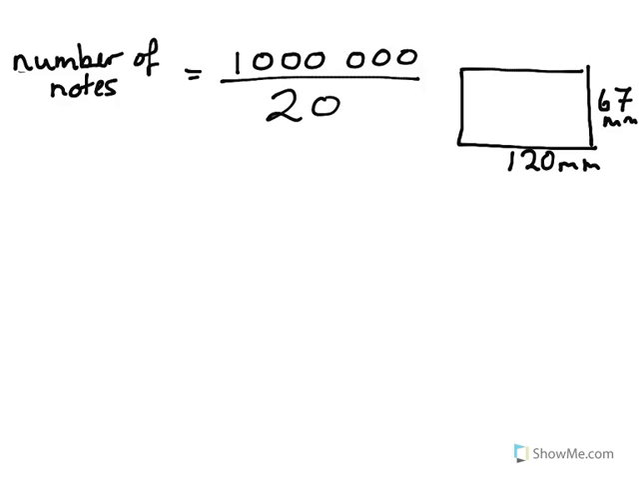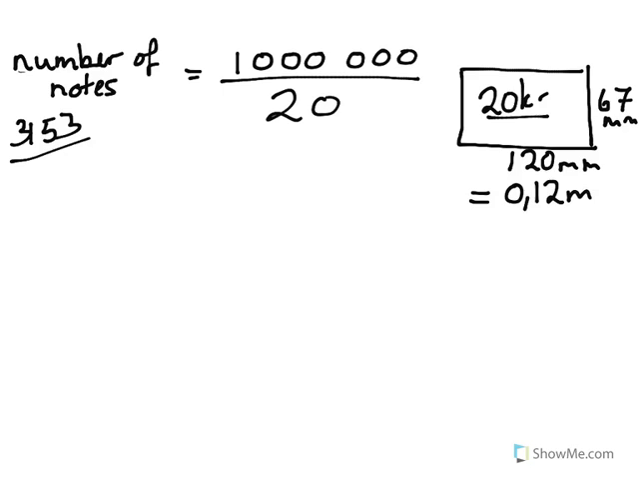So, question 3153. We would like 1,000,000 Swedish krona, and we're going to have it in 20 krona notes. The 20 krona notes have the dimension 120 millimeters long, 67 millimeters wide. I will probably change this to meters. This would give me